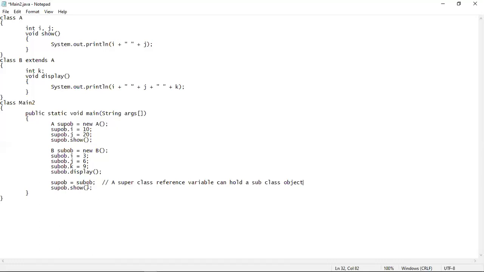So whenever the show method is called using the sup ob reference variable after this statement is executed, the show method, which previously showed 10 and 20 as the values of i and j, will now, since it has been assigned the subclass object, give you the values of i and j as 3 and 6 instead of 10 and 20. So let me execute the program to show you the output.